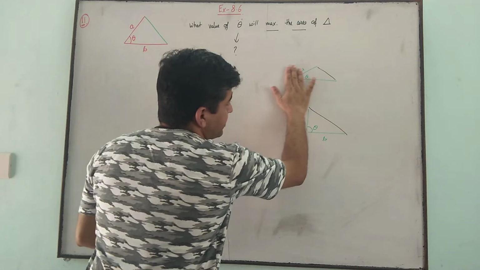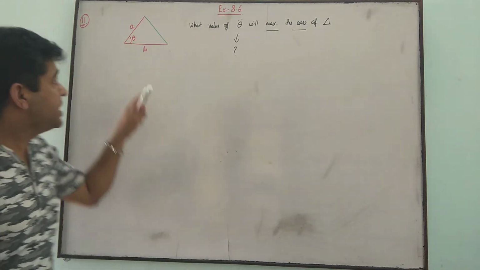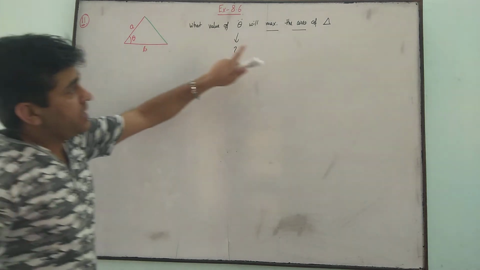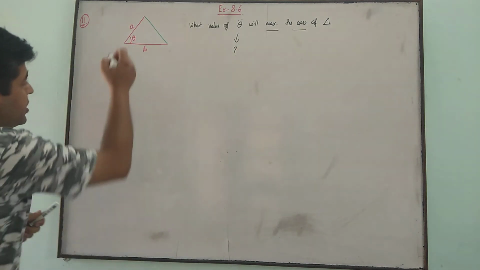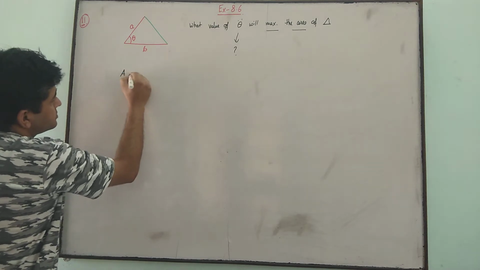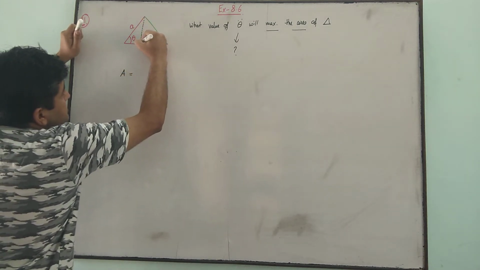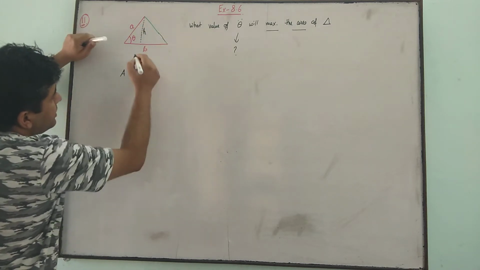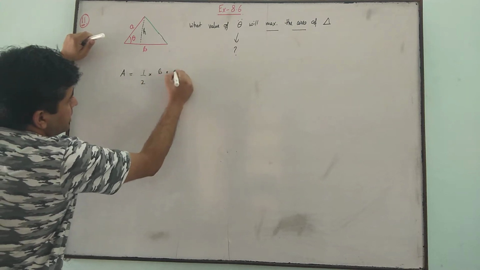Now the concept is the given things are constant. Here A and B are constant, theta is the variable. For area maximum, we need to differentiate that area. So area of this triangle is, let us say this is height h. Obviously h is also variable. So half base into height.